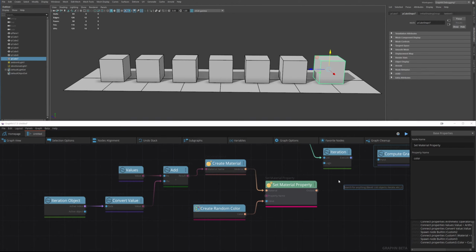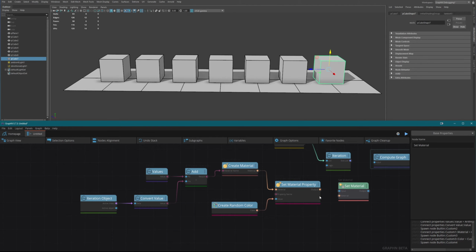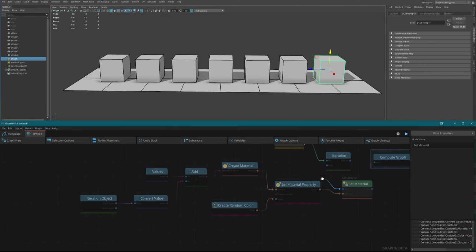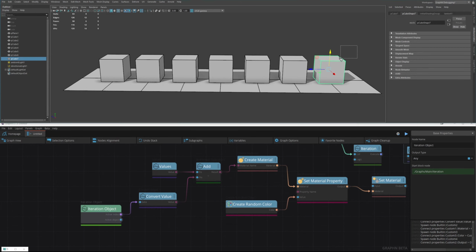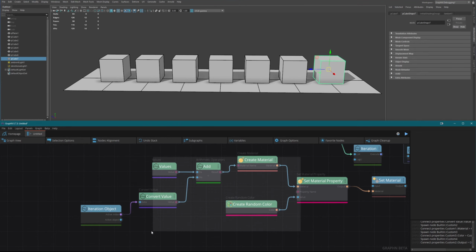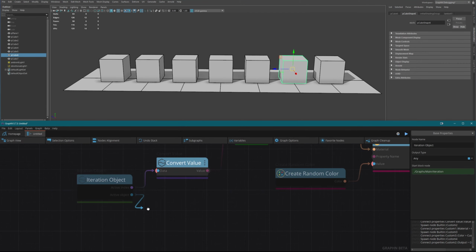Finally, we want to set the material on our object, and this is the node that takes the material. Now, you may be wondering, okay, where do I connect it? And we have this node here that has active object. An active object gives us the current object we're working on. So if we were doing these operations, it would just be on this one, and then this one, and so on. The behavior is similar to how active index works. So here, the output of each object is just the name,